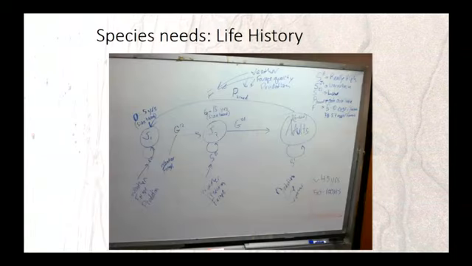And this is an example of one of those diagrams that I actually elicited from one of our teams. I think you'll see this again later on, but the idea is to construct a life history diagram that we can then start to think about, what aspects of the environment are influencing these components of their life history. So we can think about needs.